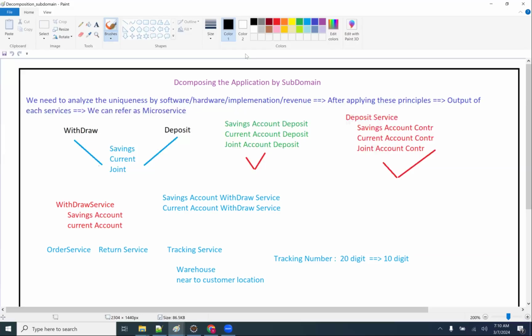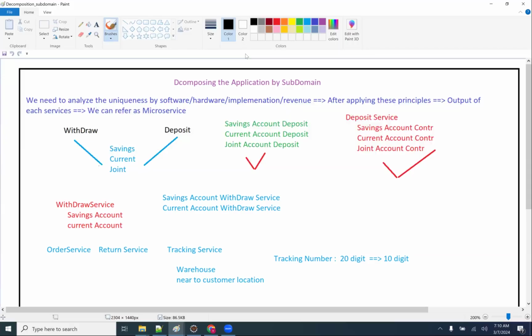I don't have an ATM machine where only savings account persons can operate, another only for current account, another for joint account. Or if the cashier in the bank, who is also hardware, I mean a person, doesn't come to the bank, then all the services will be impacted, right? So in case of a hardware problem,